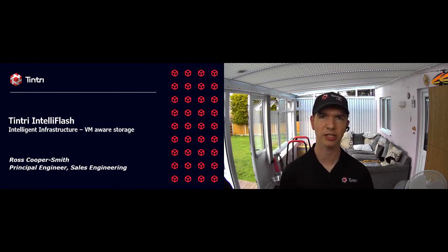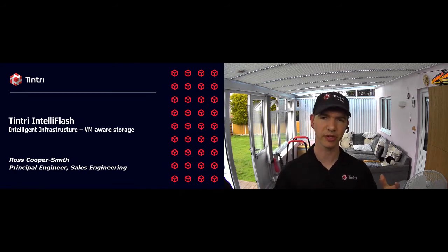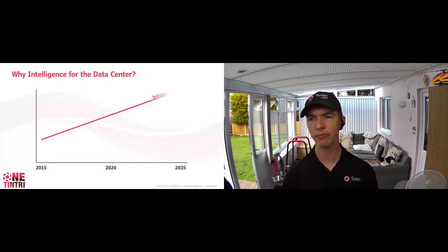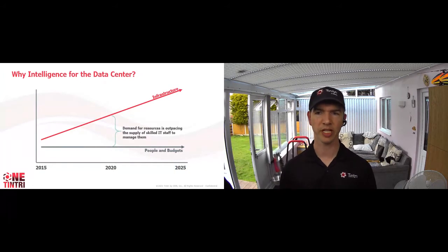Regardless of the project, there are lots and lots of different areas that are going to need time and effort and attention if it's going to be a successful project. One of our goals at Tintri is reducing the amount of time you need to spend on the underlying hardware, on the infrastructure. You find in almost every team around the globe, if you look at the aspects of IT